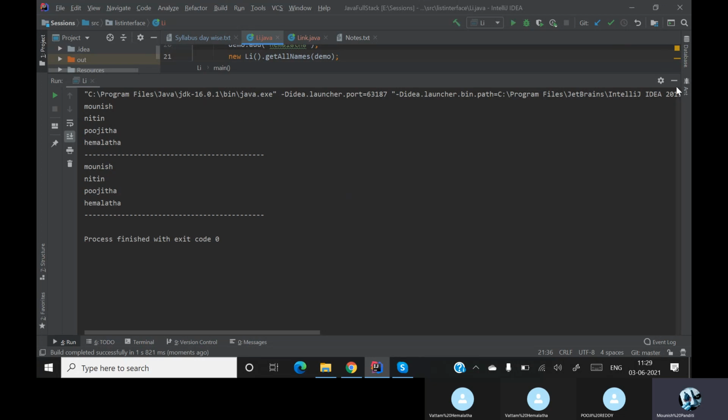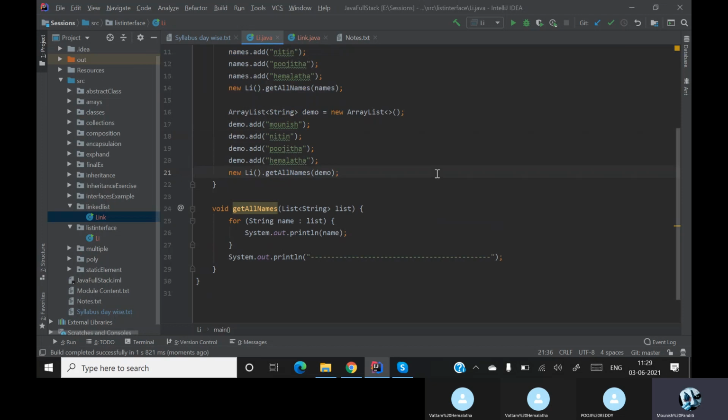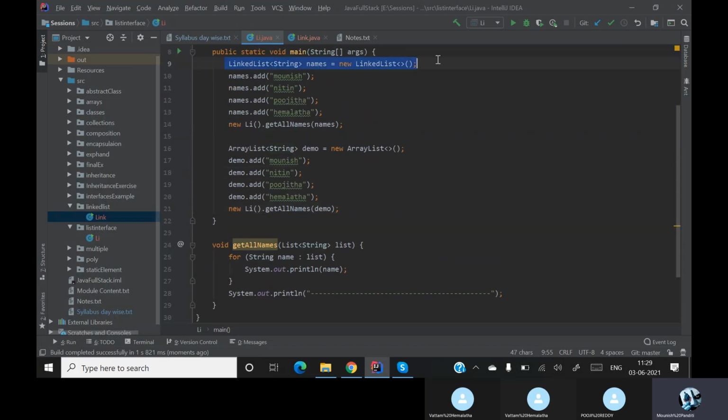Now the very simple question is, if everything is same, then why do I need to use my linked list and why do I need to use the array list? What is the difference between these two? Remember, when we were using our array list, when we remove an element from our array list, what happens? Our array list collections framework is basically creating us a new array list. Means the memory is more, but array list is fast. So if you want to do it fast with a lot of memory, then you will be using an array list.